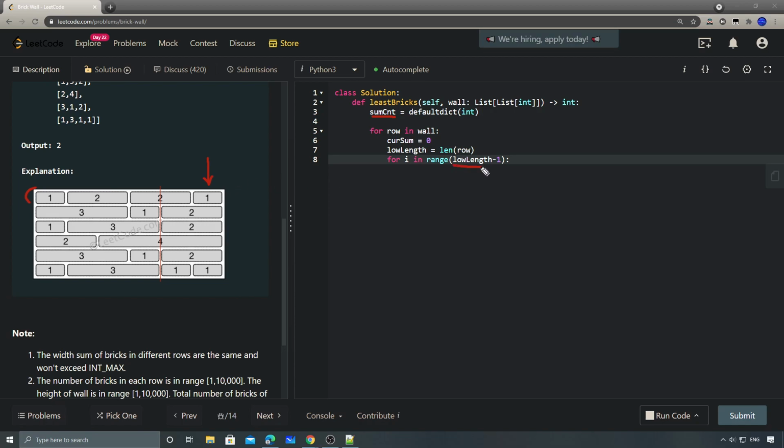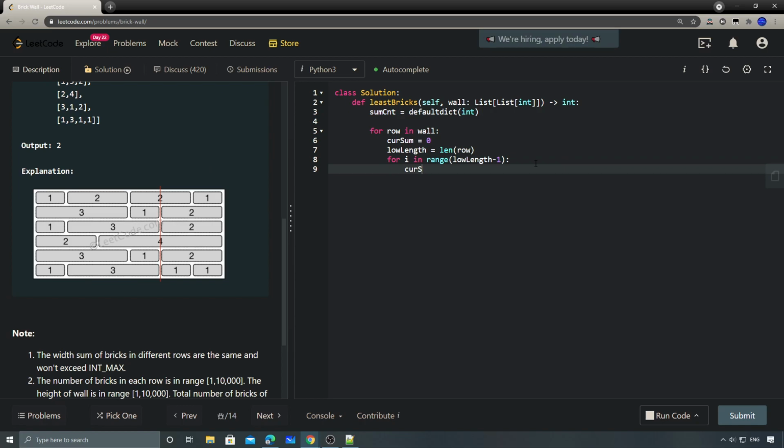So if we include the last brick, it means that in the dictionary we're going to have a sum which equals the total sum, and the count will always be the total number of rows, which means that if we do that, the final answer will always be 0. That's why we stop before the last one,